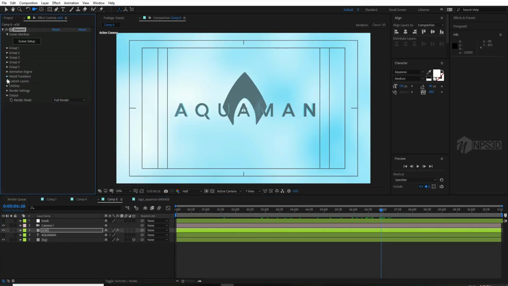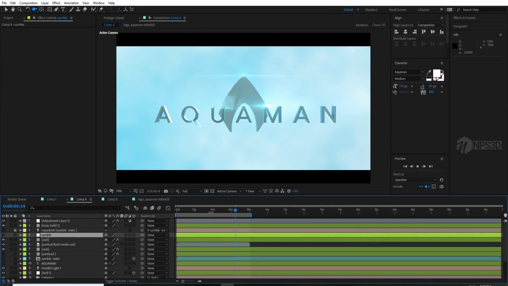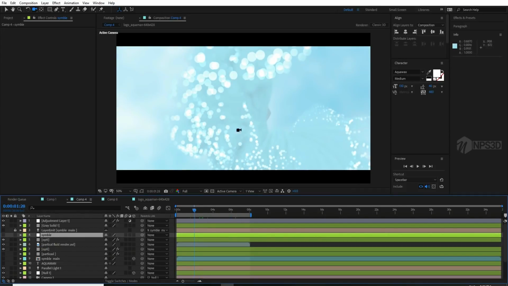Now we have to animate our text. Here is the main composition. So you can see here, right, for getting these particles I use Trapcode Particular, but you can use Stardust, Fume FX, X-Particles, or even a pixel poly from After Effects. And you know, I'm just joking, because I use Trapcode Particular, and you can make this effect inside Fume FX,